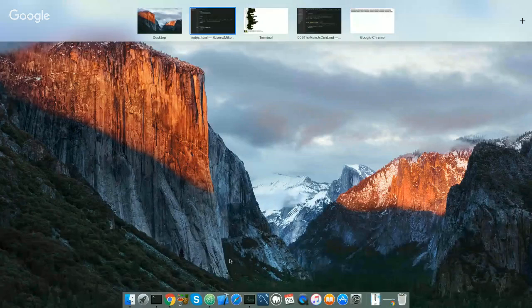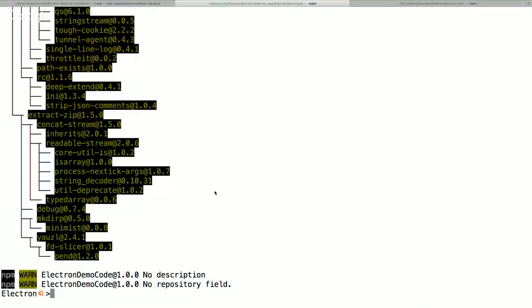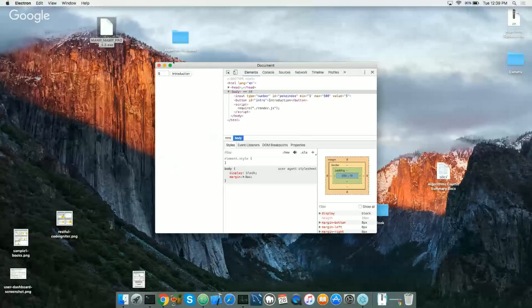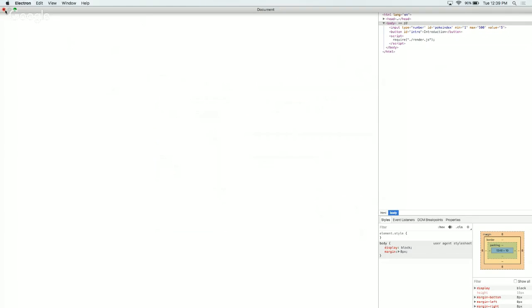If I can figure out where my terminal actually is. All right, so npm start. And it automatically does that, and there we go. So let me just full screen that. So we have these nice, make this a little larger. I don't know if I can, so it doesn't seem that plus works, but here's our input that I had in our index.html. Here's our typical looking Chrome developer tools. But this thing isn't Chrome. This is an Electron application. So this is the toolbar that's controlling this application. So if we do quit,